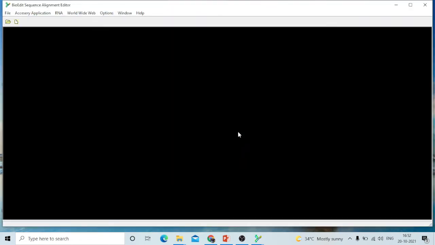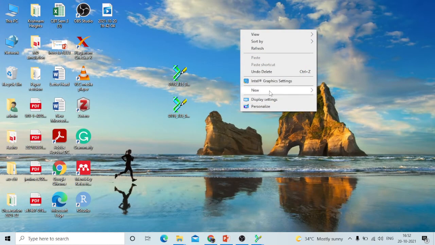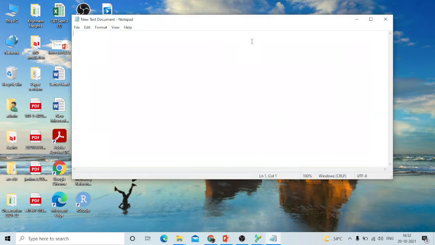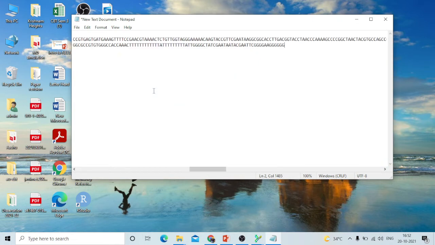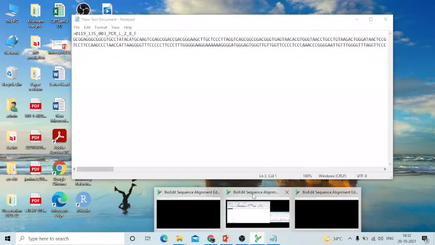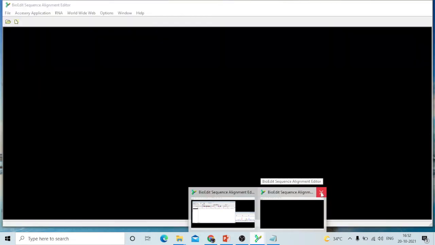Some errors are there. Let me try if some problem is there. Otherwise, let me check. So I have opened Notepad, and whatever I copied, fortunately it is copied. There is no problem. So one contig I have copied. I'm going to open the other contig. I think I had opened multiple copies; that's why it was showing the problem. I clicked multiple times. You might have noticed it.